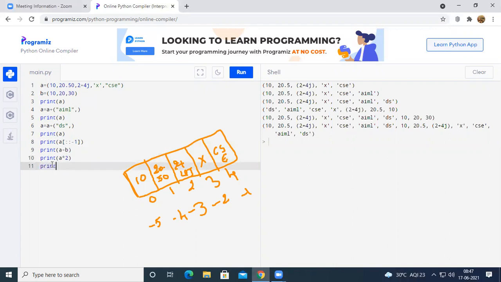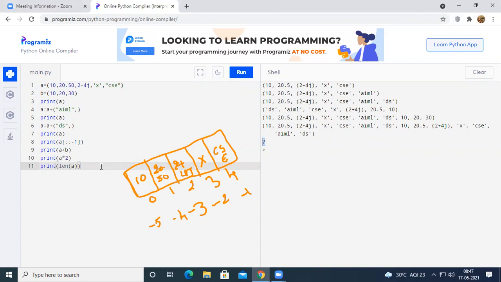So we all know that the len function is used to find the length of a list. Similar to this one, here we also use the len function in order to find the length of a tuple. For example, if you write print len of a, and run the code, you are going to get 7. The meaning of this is that a has a total of 7 elements. So the len function is used to find the length of a string.